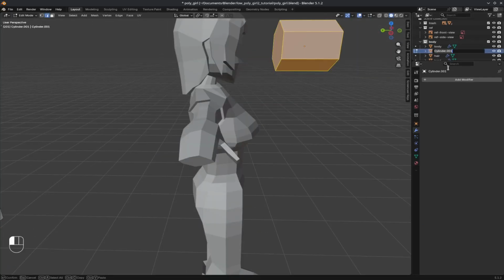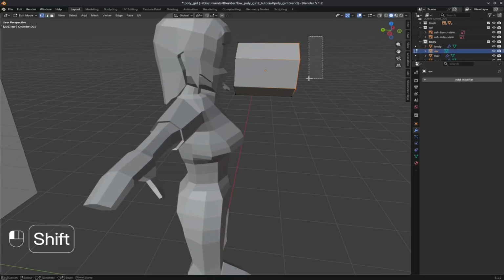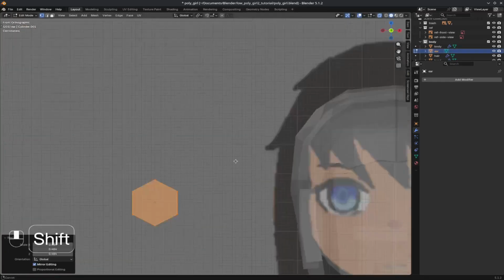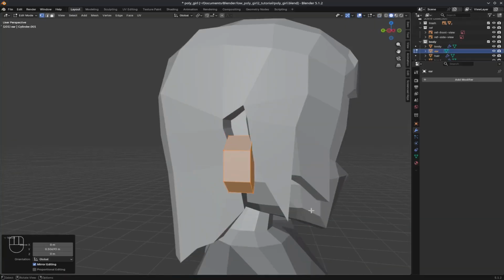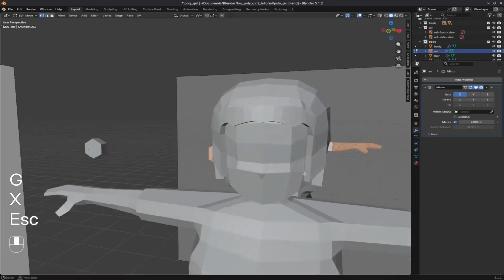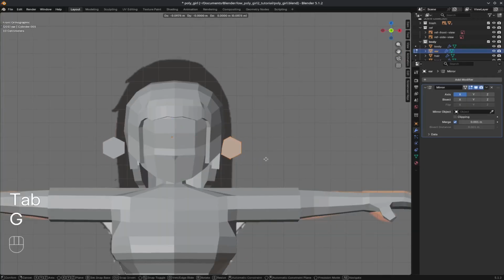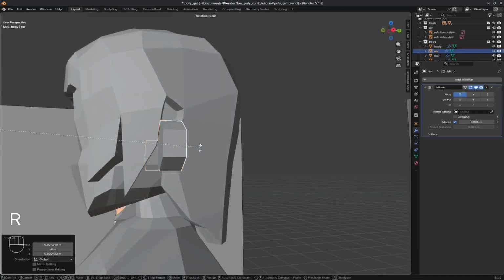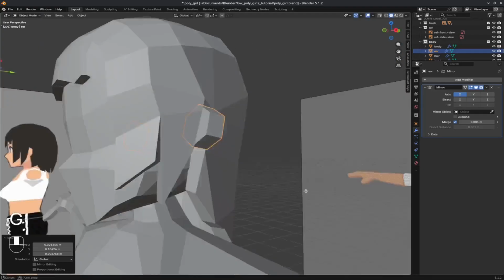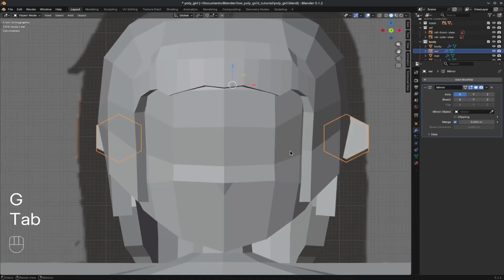So the ears are basically just a hexagon that we're going to make very small and just place where the ear should be. This keeps it really simple, and again we're using the mirror, which makes things really perfect because changes happen from one side to the other, saves lots of time, and you just want to angle the ears so it has like